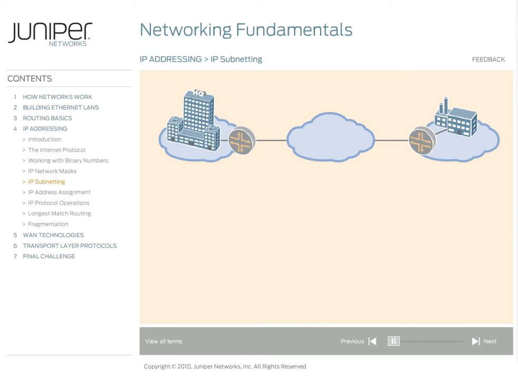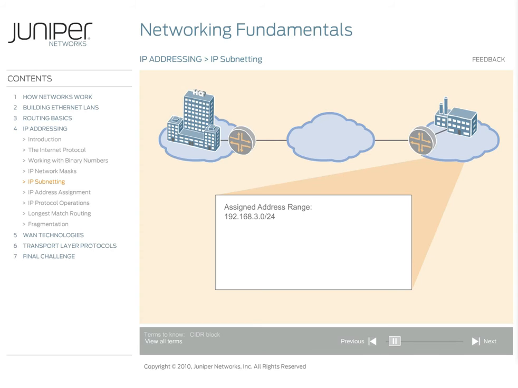addressing scheme. You have been assigned the address range of 192.168.3.0/24. This CIDR notation, also known as the CIDR block, represents the address range 192.168.3.0 through 192.168.3.255. So you can use IP addresses for hosts starting at 192.168.3.1 and ending with 192.168.3.254. With the current 24-bit mask, you have one network,